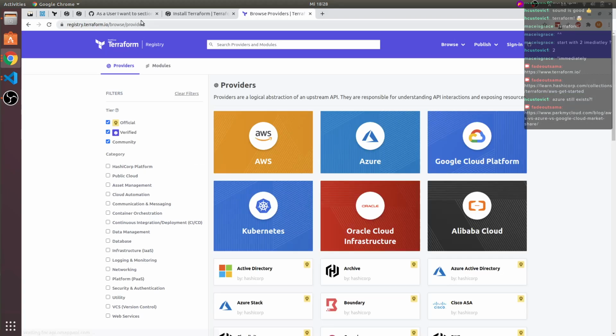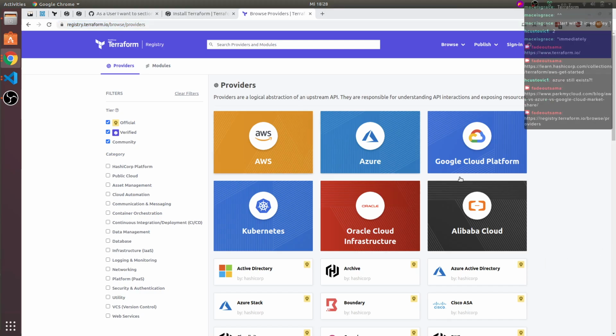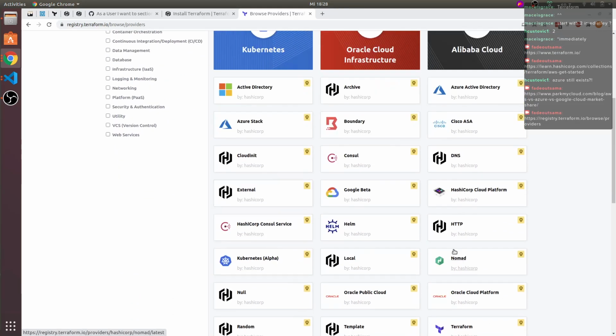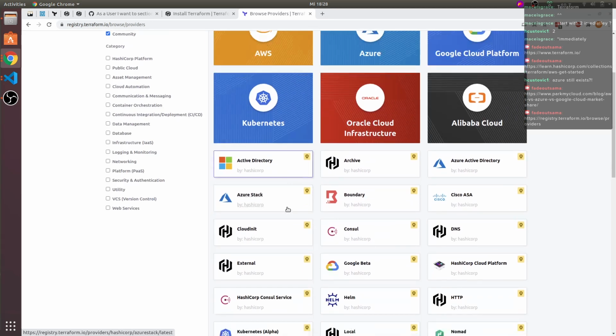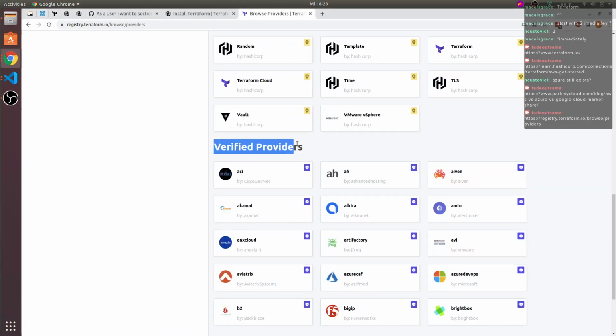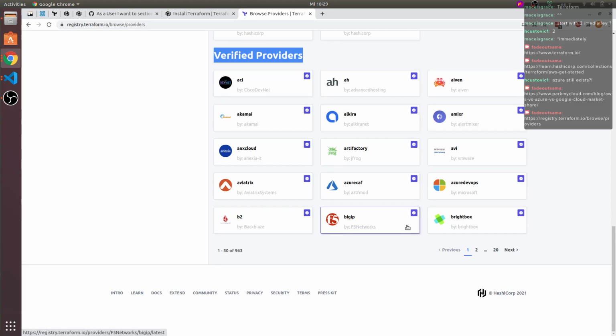Yeah, so here's a list of all providers that they have. Of course, the big ones, but also smaller stuff. Nomad is apparently by HashiCorp themselves. So these are probably all the featured ones. These are verified providers. For example, Big IP, Brightbox, all stuff that I don't know anymore.